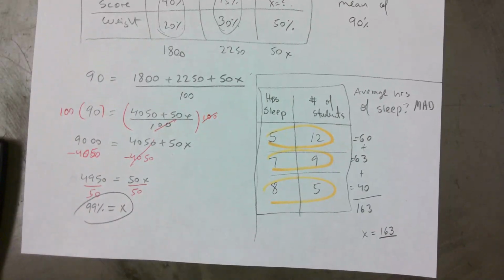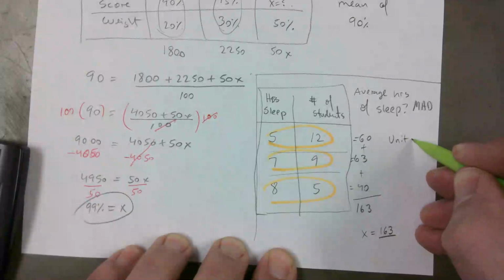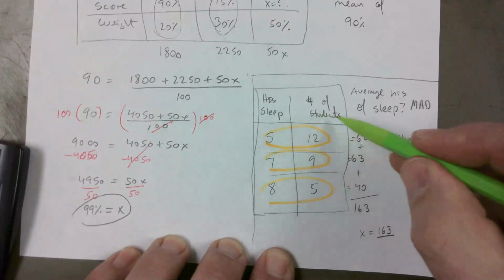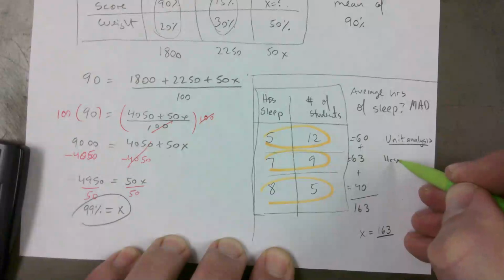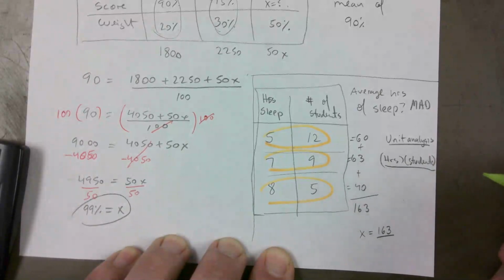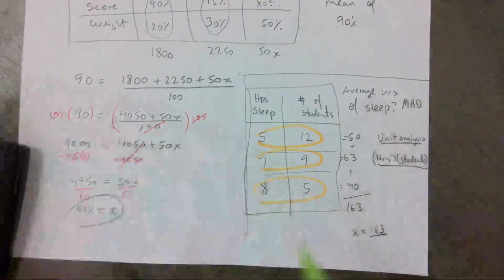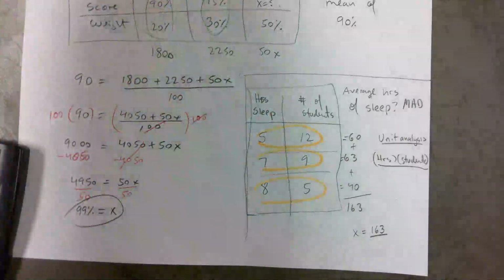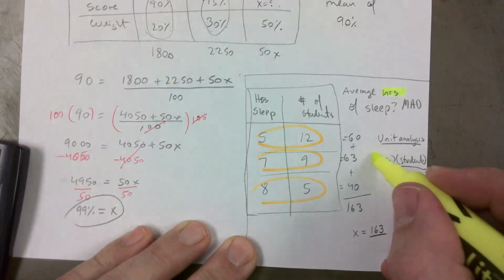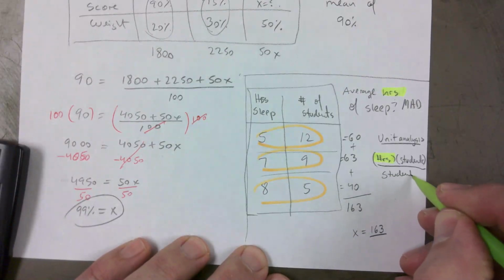What do we divide by? This is where you do your unit analysis. What were you multiplying the whole time? You're multiplying hours of sleep times students. Now you ask yourself, what is the question asking? It's asking for average hours of sleep, right? You want hours to stay, therefore you have to divide by the sum of all